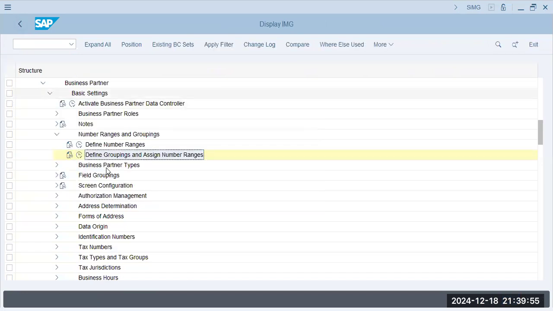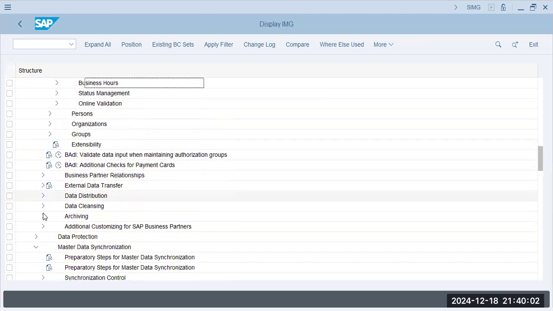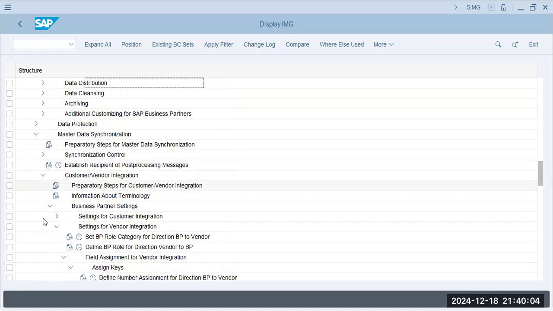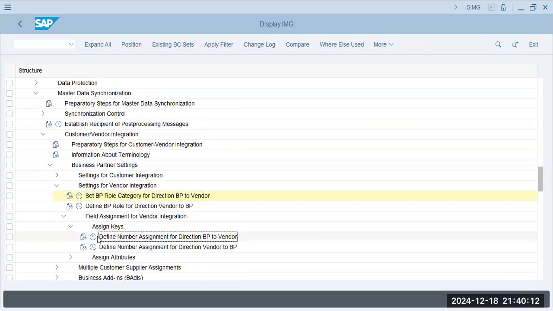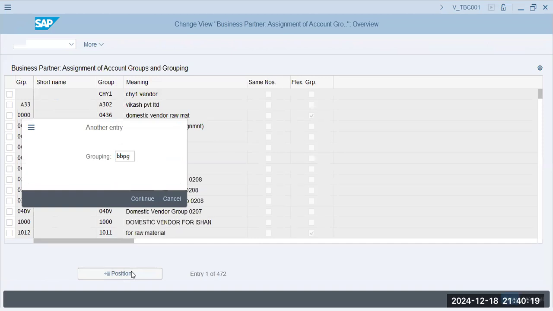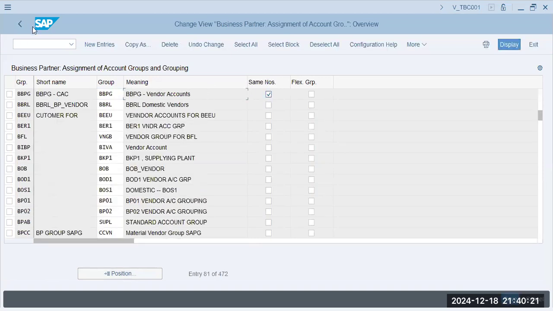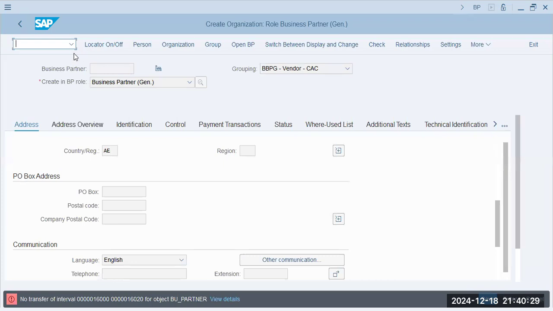Okay, now we can create our business partner, but first let me confirm direction BP to vendor, or direction BP to vendor, BBPG, same numbers. Okay, fair enough. Now we can create our vendor. Okay, let me